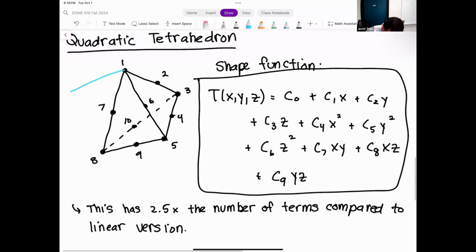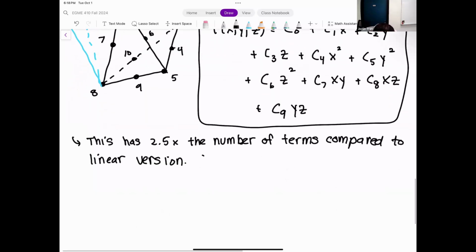So let's say that we have another element that's kind of over here. Okay. And so if another element is bordering on that edge, then nodes 1, 7, and 8 are going to be shared with that element as well. Okay. And so it's not that you expect the total number of nodes to increase by 2.5x, but there is going to be a non-trivial increase in the number of nodes. Okay? Since neighboring